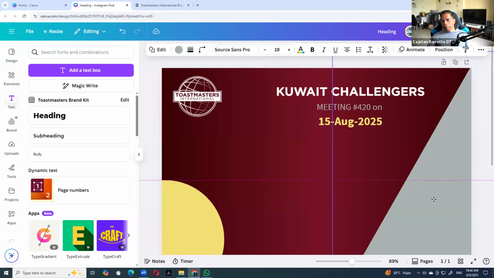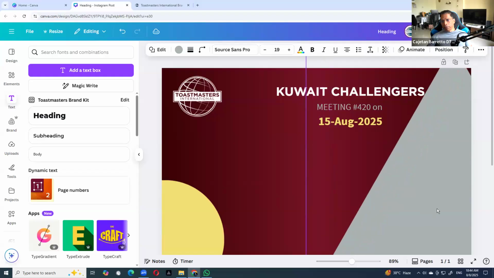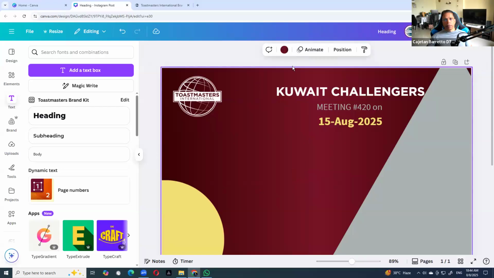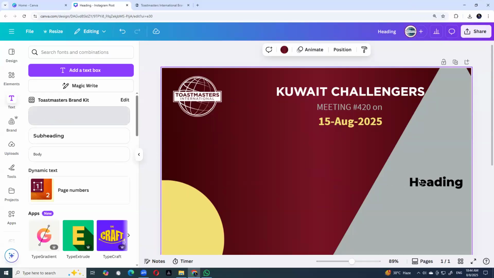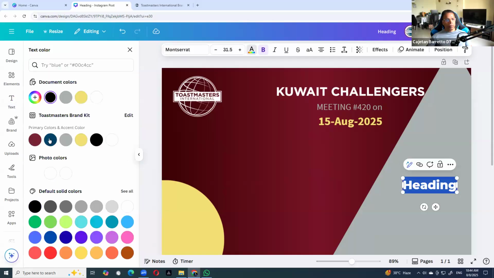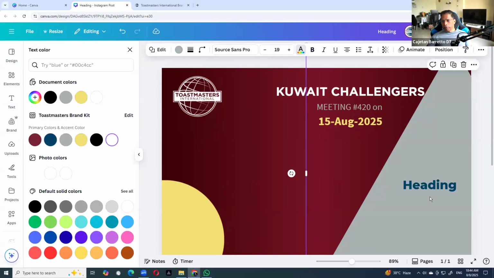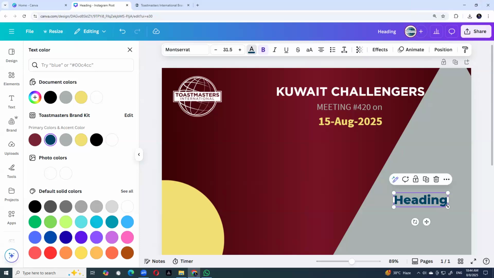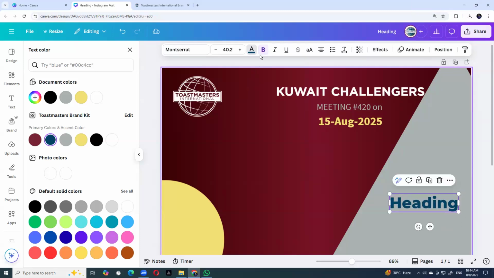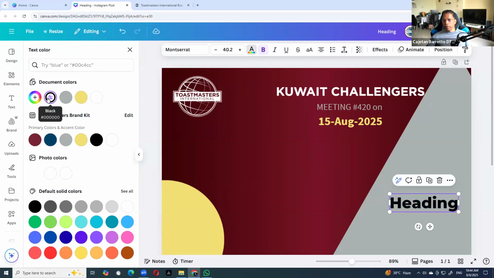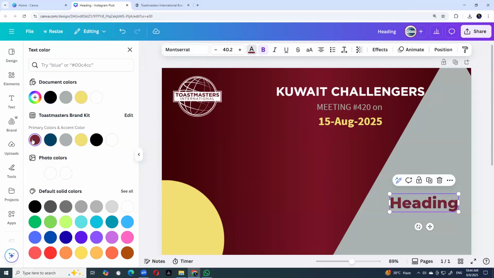Similarly, if you have a background that is gray, for example, then what could be the text color here? Loyal blue. Loyal blue, very good. Or black. It works, right? You can see it here. It's fine, right? Or black, and maroon. Okay, so that's the play between dark and light.